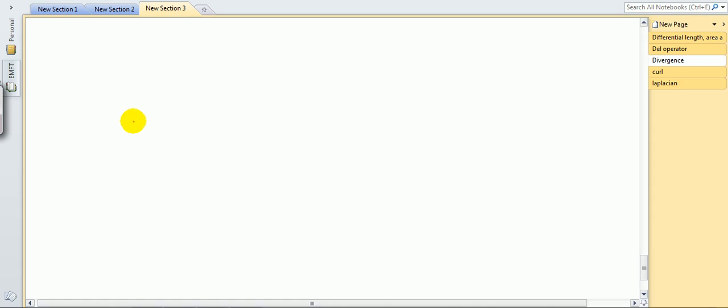If I consider a point P and around this a field is like this, divergence measures how much the field is diverging from this point. Suppose my field is A vector. Here, if I find divergence around this point P, it will come as positive because the field is diverging,